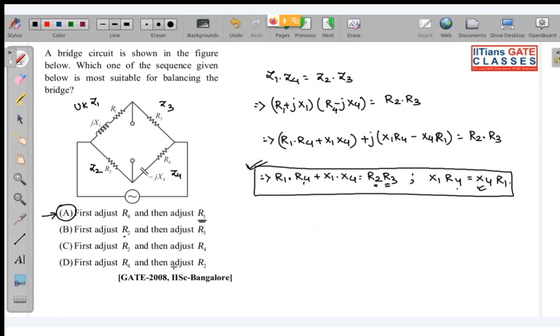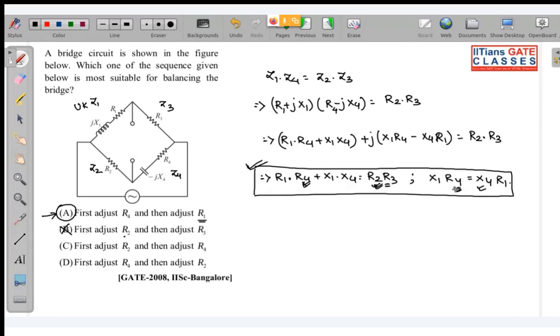Because both the variables are just affecting my equation 1, I have no control over equation 2. Option B cannot be the case either. Then what is it? First adjust R2. You can see R2 is present over here. Then adjust R4. Even this is present over here and here. So even this also cannot be, wait a second,